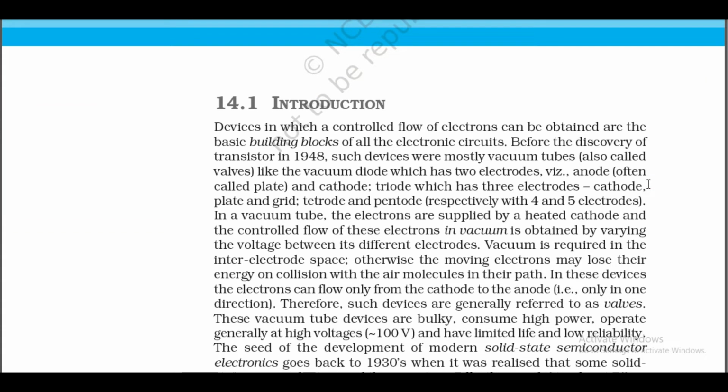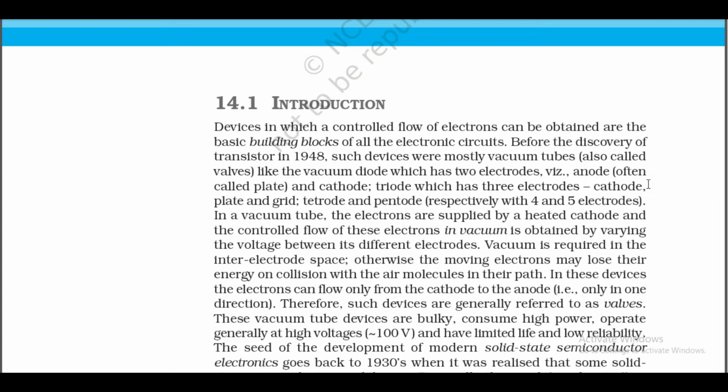Chapter 14: Semiconductor Electronics, Materials, Devices and Simple Circuits. 14.1 Introduction. Devices in which a controlled flow of electrons can be obtained are the basic building blocks of all the electronic circuits. Before the discovery of transistors in 1948, such devices were mostly vacuum tubes, also called valves, like